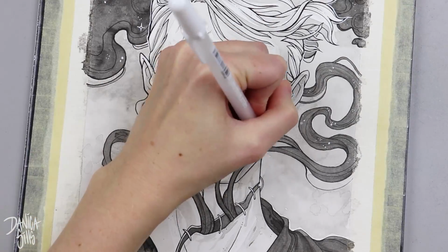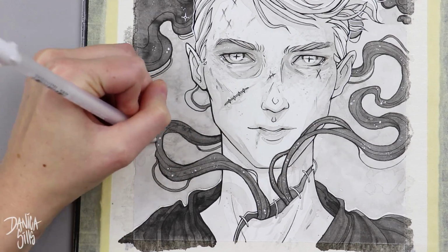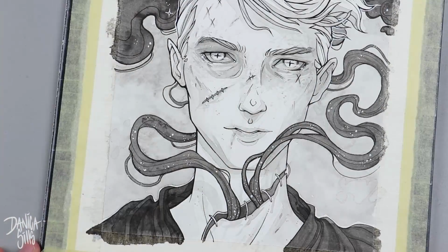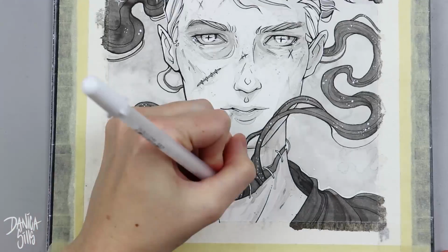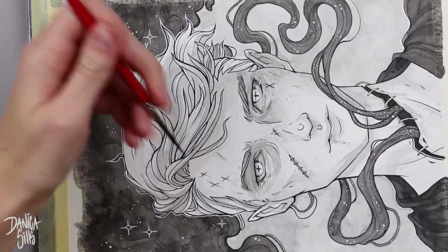So I've been really enjoying that. It's for sure something that I would like to do in my watercolors in the future. I have not used that kind of technique at all, but I love it. I love it in other artists' work as well. I just think it adds so much sparkle and dimension to the final piece, and it's a really, really